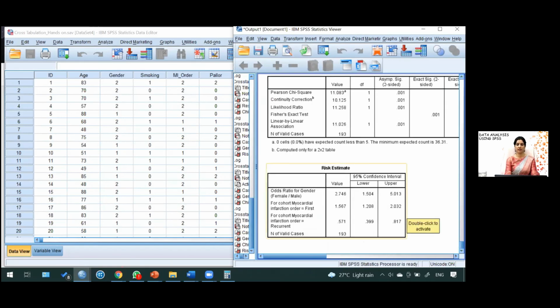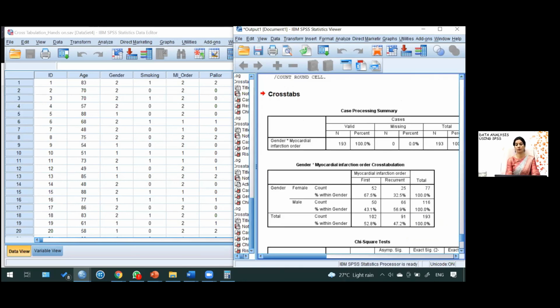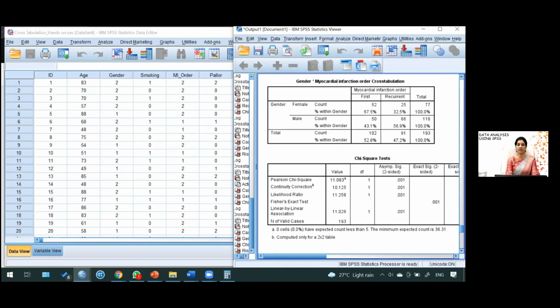You can see that the odds ratio is 2.7. I told you that it calculates the risk for the lower category. So it is telling that the male has a higher risk of recurrent MI. And the similar thing you can see here for female, it is giving 0.57. So you have to divide 1 by 0.57 to get the true risk. For proportion, we cannot say the risk. For risk, you have to give another command. I hope it is clear now.